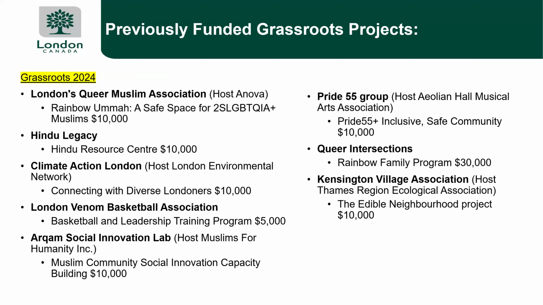Here's just a bit of an overview of previously funded projects. You can find this on our website as well. As I said, just scroll down and you can see the list. There's a couple of blue arrows that you can click on. It can open them all up. So you can see that the funding for these varied anywhere from $5,000 to one group received $30,000. But this was last year, so we didn't have that $50,000 cap either. But this is kind of typical of the grassroots projects that were funded in these amounts.